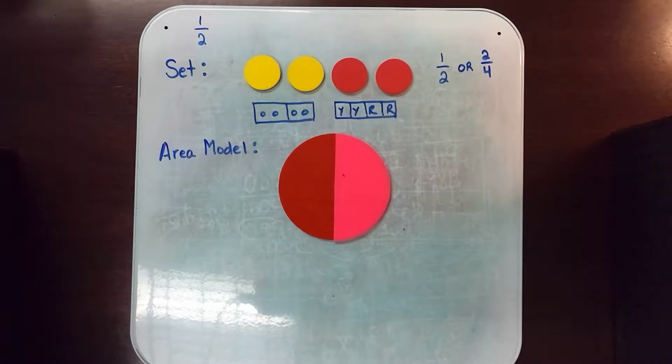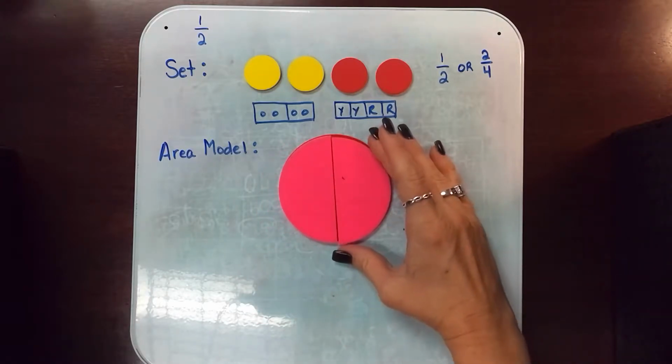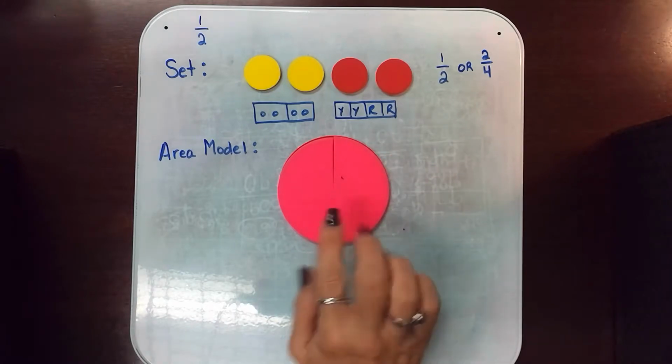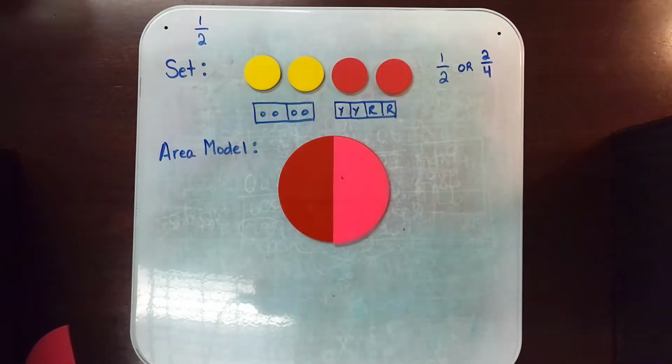And of course they're going to say 1/2 of the section is pink, and they can prove that because with fraction circles, fraction squares, they can actually put the 2 halves there, take one away, and say that 1/2 because there were 2 parts to the whole and one is shaded, okay? So your area models are things such as I said, your fraction squares, your fraction circles. It could be